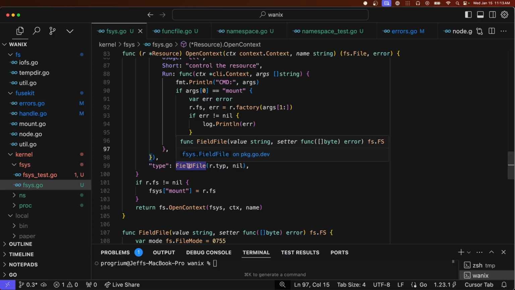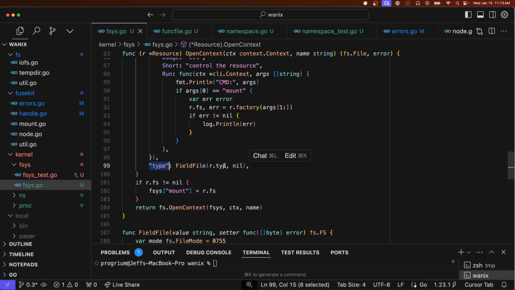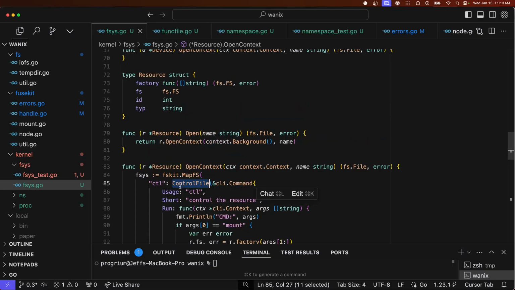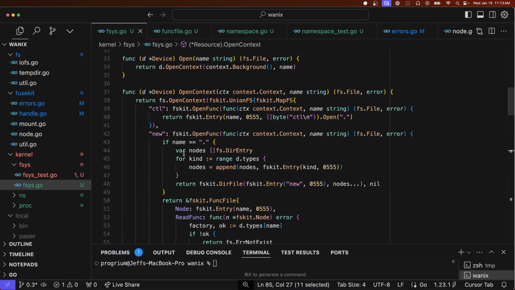Optionally, in this field file we can set a setter. So this is what happens when we write to this file. It's basically going to trigger the setter with the bytes that were written. So we basically have built up these little utilities to build up little composable file systems. And so now the result of this,